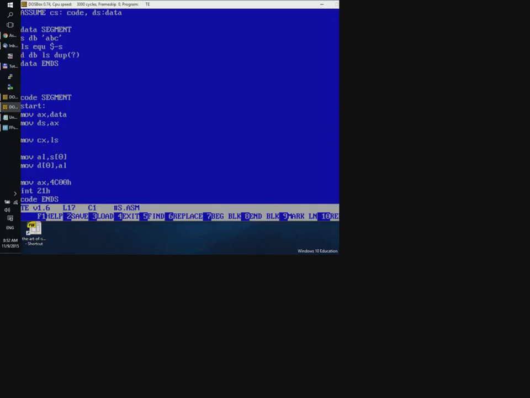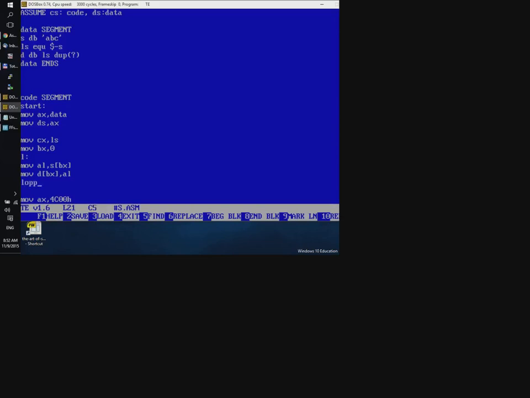And we need an index, and we can use BX as an index register. We initialize BX with 0, and we create a loop by placing a label. Let's call this label L,